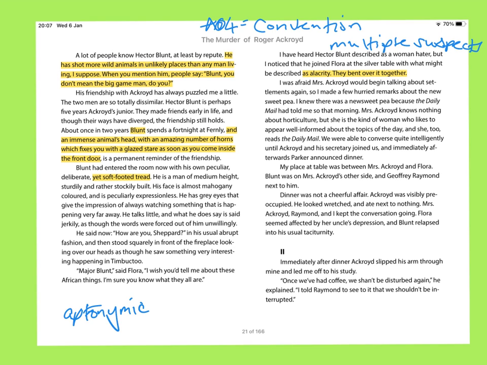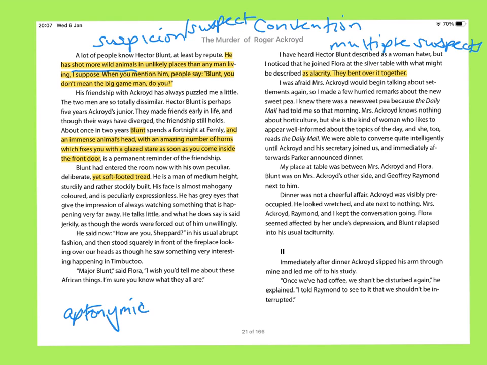So the reputation of him: "shot more wild animals in unlikely places than any man living, I suppose." Okay. Proficient with a gun, deadly with a gun, seems to show no real regard for life. It's obvious what's happening here. Suspicions are shifting, now focusing on this character. Behind it all is our first person intradiegetic narrator, who is trying to mask his own culpability in terms of this crime. So plenty more here in terms of suspicion.